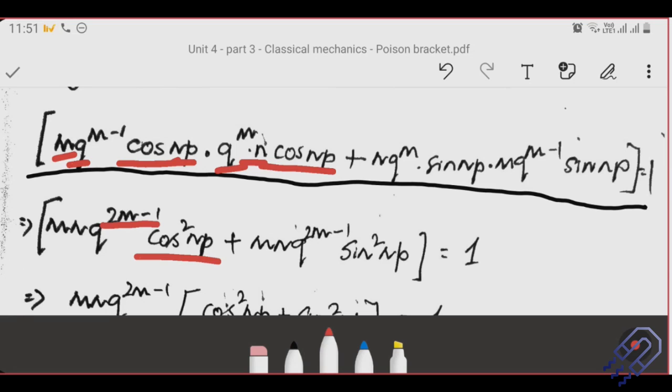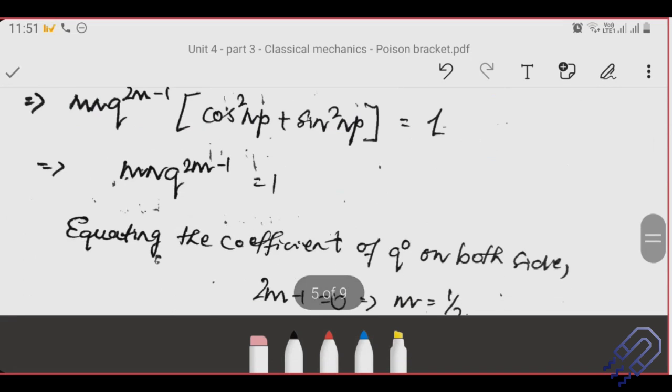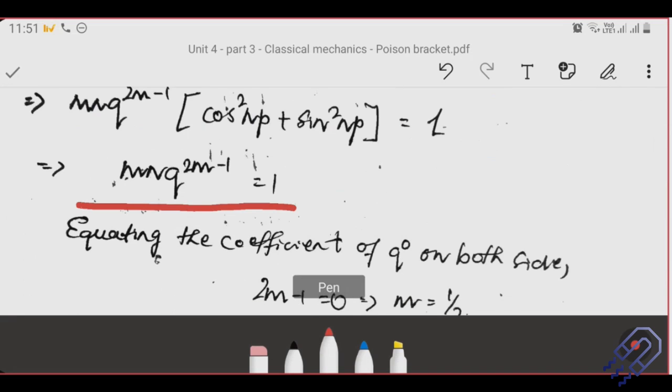So you have the first term of the equation. And for the second part, you can again see that this is n, and where is an m? M is there. So we have got mn, and then q to the power m, q to the power m minus 1. So it will be 2m minus 1. Okay. And then we have got sine square p is equal to 1. So I think you can easily guess now what is happening. You can always take this mq to the power 2m minus 1 as common. And then you have this simplified expression of mn q to the power 2m minus 1 is equal to